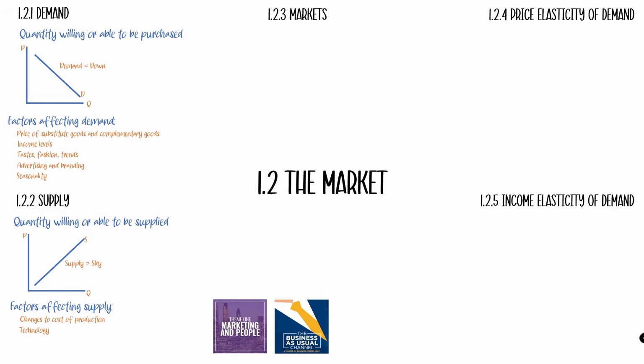Technology could lead to this. So increases in technology or the introduction of new technology could lead to it being easier or cheaper for us to produce our goods, which could lead to us wanting to increase our level of supply. And then there's other areas as well, for example, government support or indirect taxes. I've mentioned subsidies as an example here, just because if a government is prompting or encouraging a business to supply by subsidizing some of the cost of production, then that could potentially lead to a business being willing to supply